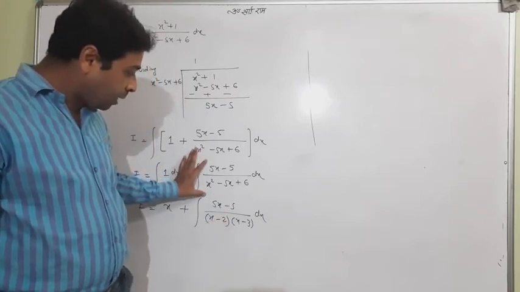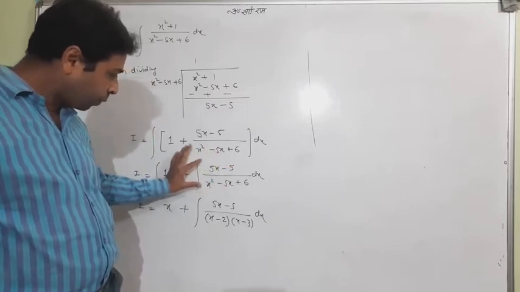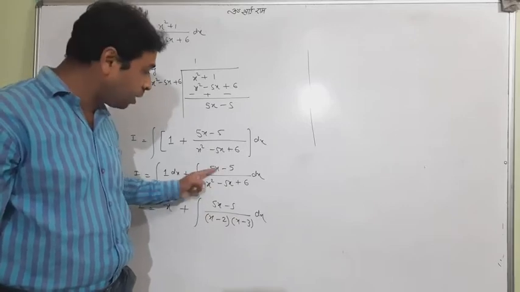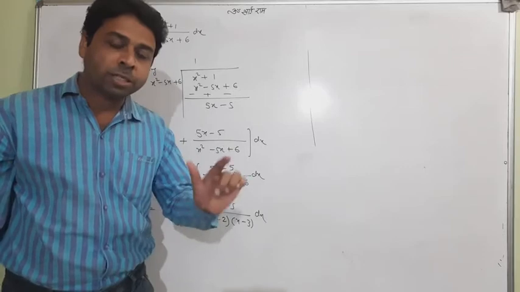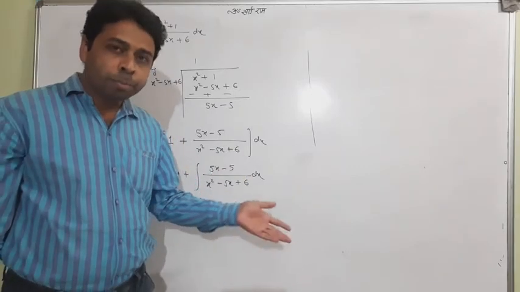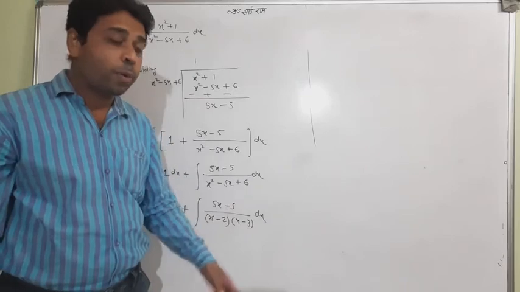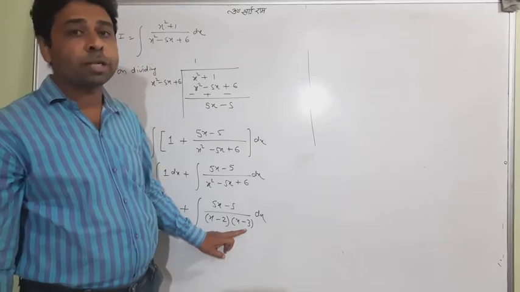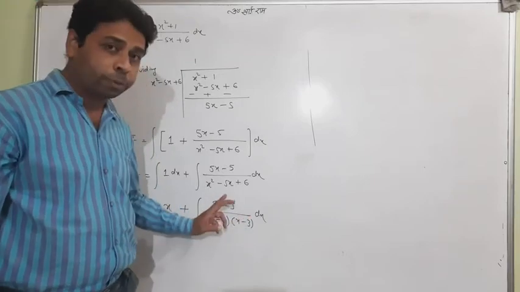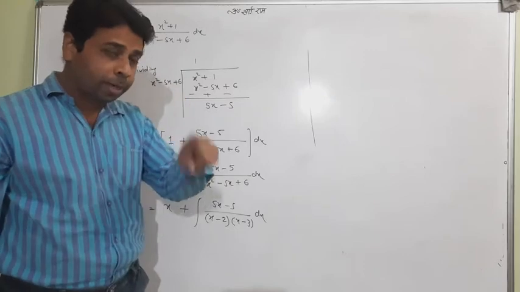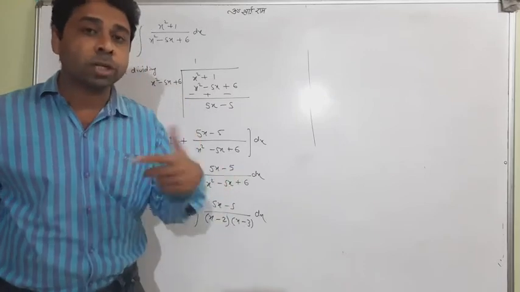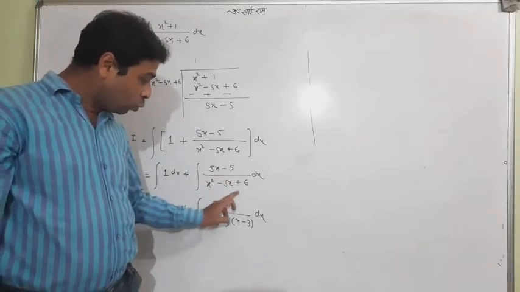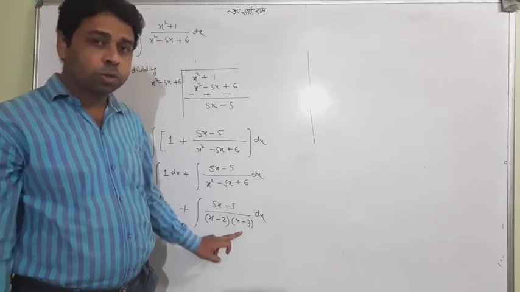One can understand after viewing this position, this is a linear and quadratic. You also can use here the concept of linear term upon quadratic term, which we already studied in the last exercise. But take my advice: whenever the denominator can be separated into factors, split it into factors, please use the partial fraction method when it is without square root. When it is a square root, we have only one method, linear upon quadratic term, which we already studied in the last exercise. But when it is without square root, and if these two can be separated into factors, please use the partial fraction method.